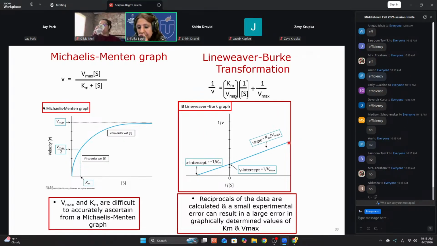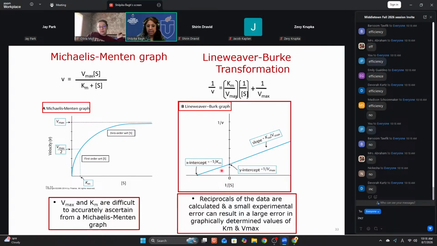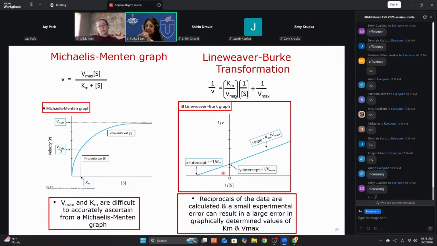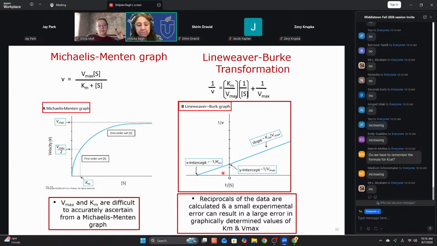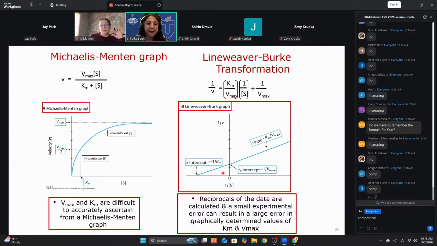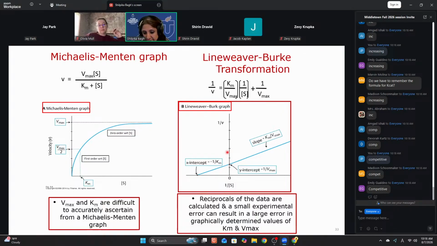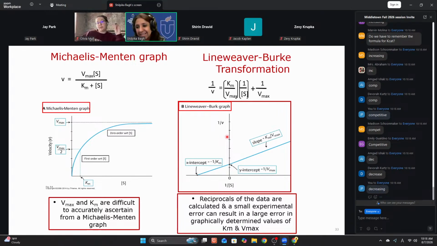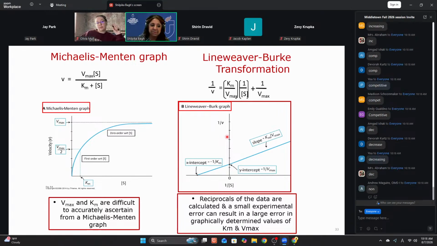No. Then you go to the Lineweaver-Burk plot. You know the x and y intercepts. If this straight line is moving right, is Km increasing or decreasing? If the straight line is moving right, Km is increasing. Where does Km increase? Competitive or non-competitive inhibition? Competitive inhibition. If this straight line is moving up, is Vmax increasing or decreasing? It's decreasing. Where does Vmax decrease? Competitive or non-competitive inhibition? Non-competitive inhibition. Please remember, the inhibitor line is always above the control line.